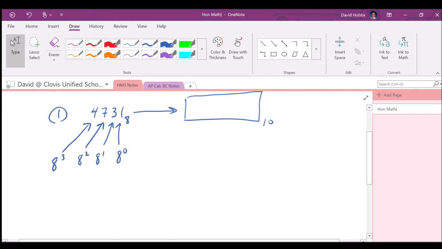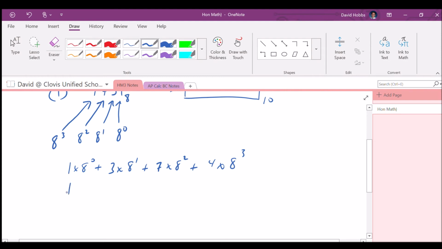Okay, so now I usually start at the right-hand side and work my way to the left, but you could start on the left-hand side and work your way to the right. So I have 1 times 8 to the 0 plus 3 times 8 to the first plus 7 times 8 to the second plus 4 times 8 to the third. So I have 1 times 1 plus 3 times 8 plus 7 times 64 plus 4 times 8 to the